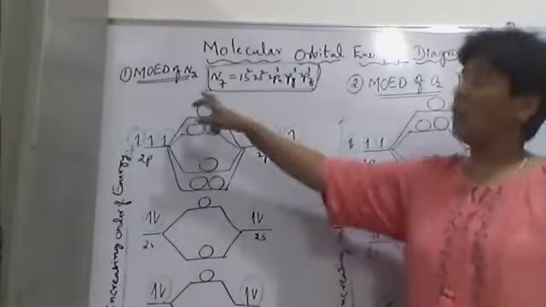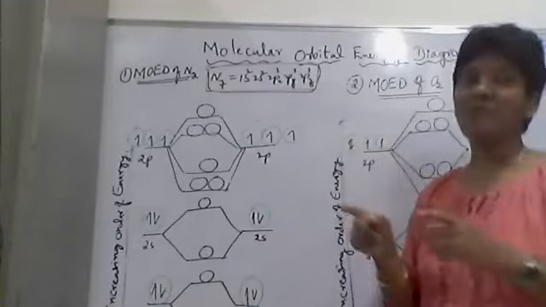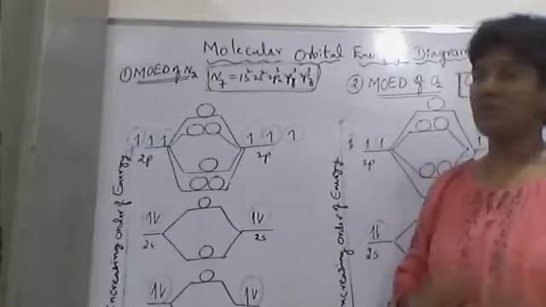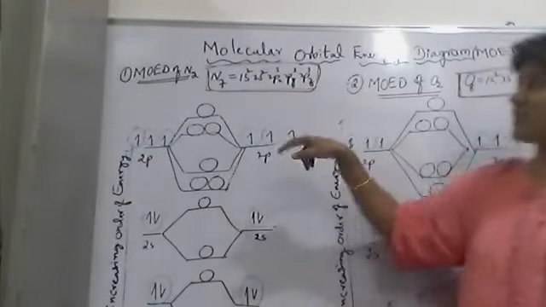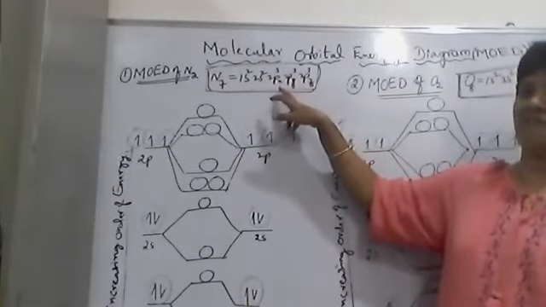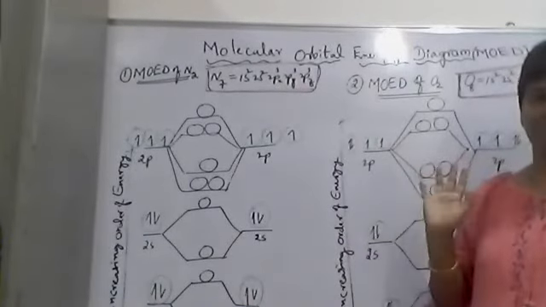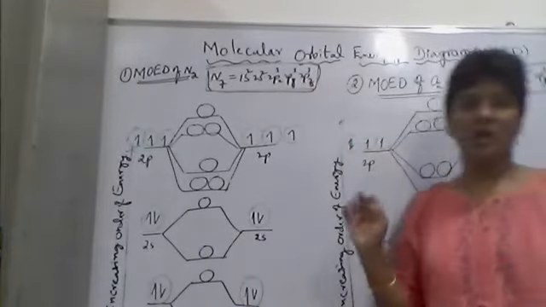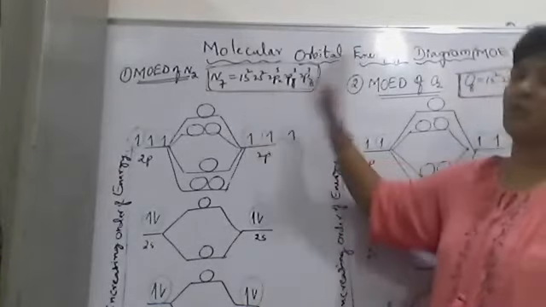Therefore, what is this one? Homodiatomic molecule. So we know that N2 is formed by the combination of two nitrogen atoms, and the atomic number of nitrogen is 7. So see its configuration: 1s2, 2s2, 2p3, which I have written as 2px1, 2py1, 2pz1. Simply 1s2, 2s2, 2p3. According to VBT hybridization, we take the 2s and 2p orbitals.